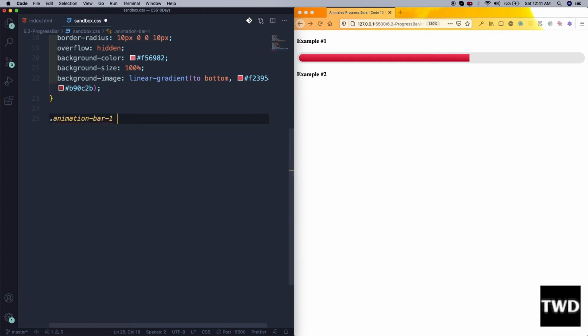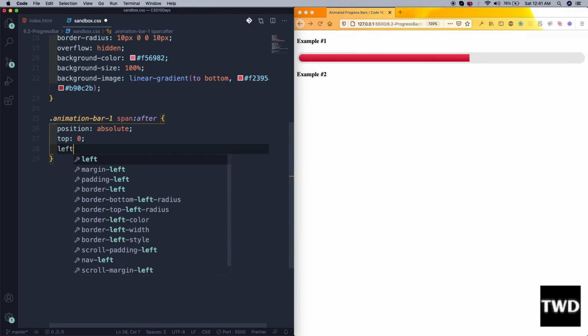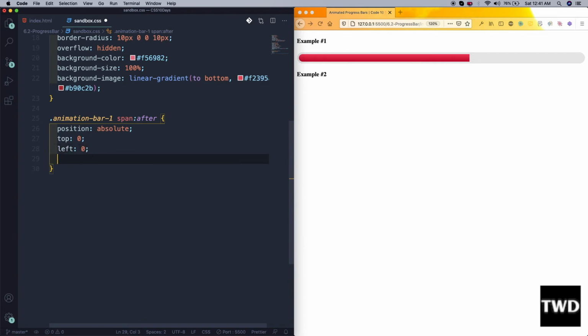Animation bar span after will be there. Position is absolute, top is 0, left is 0, right is 0, bottom is 0, content is this,